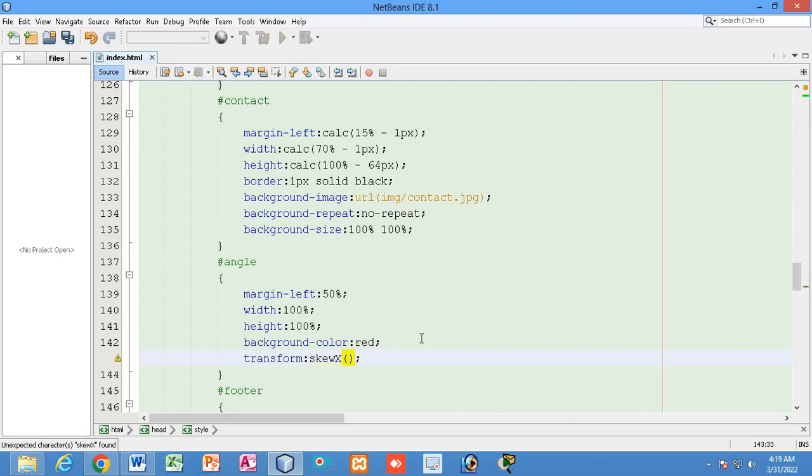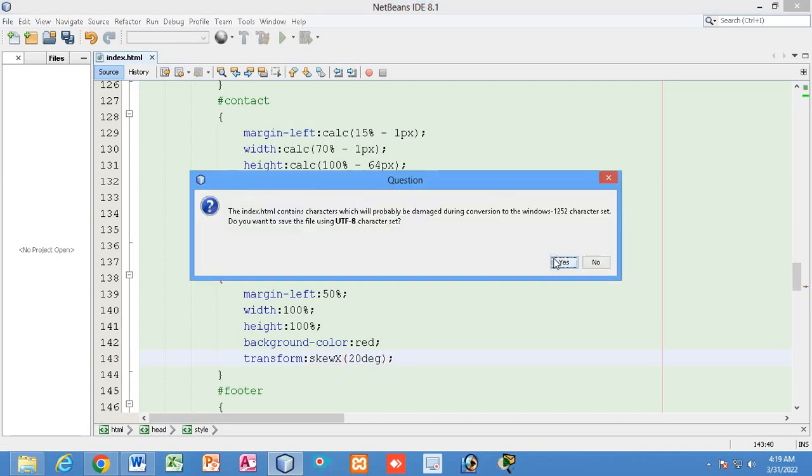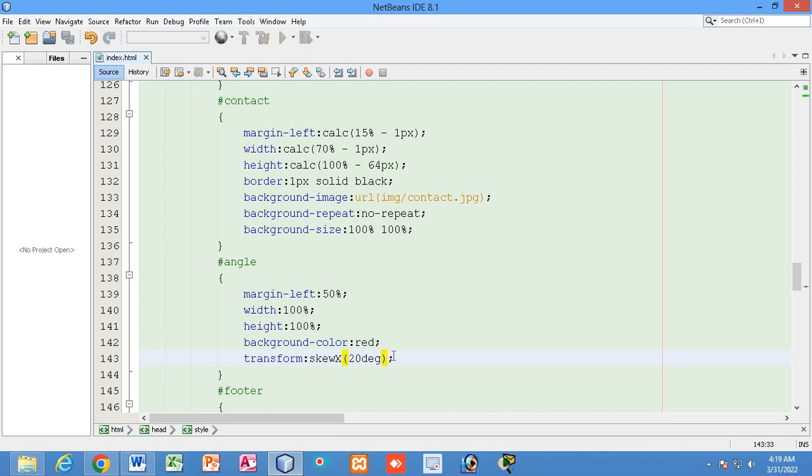And here I will write 20 degree, right? So let's see how it looks now. Just see, this is how it looks. If I write minus, then this will look something like this, right?